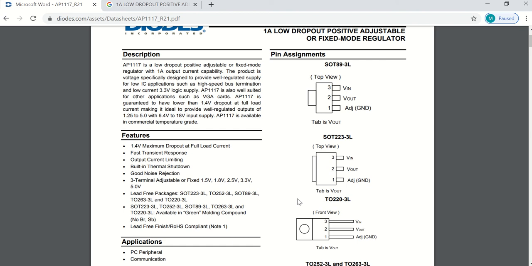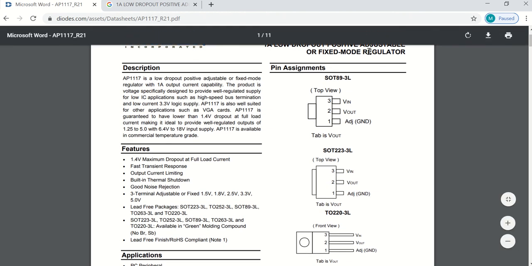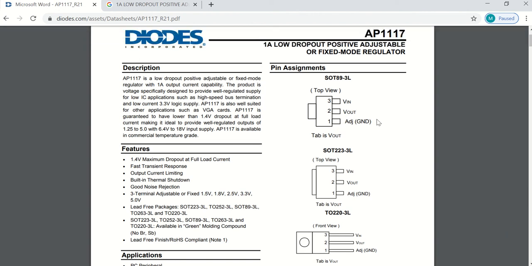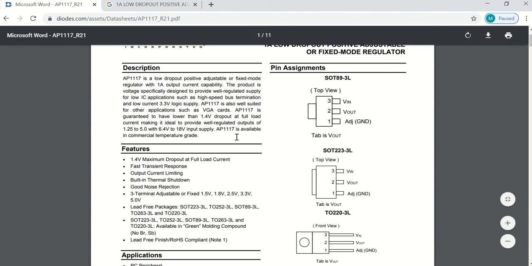to let Eagle know what is the footprint of the surface mount device and give Eagle the dimensions of this device, because as you see it's a surface mount IC and it's a voltage regulator. For example, the input can be 12 volts, and what comes out is 5 volts. So